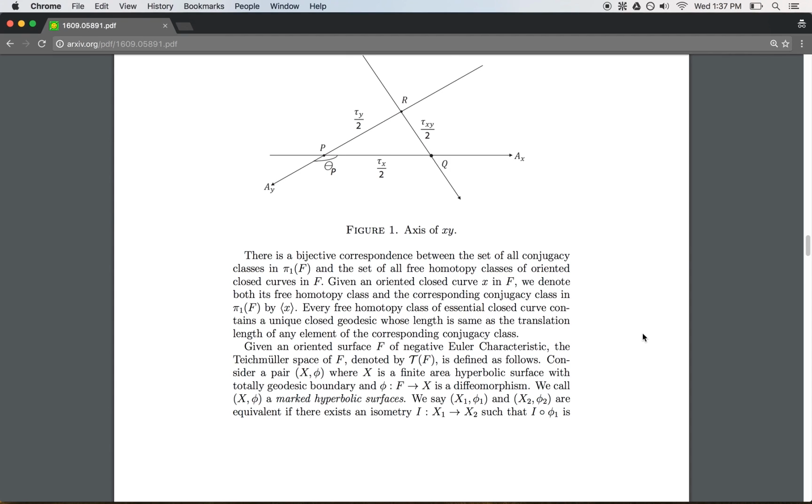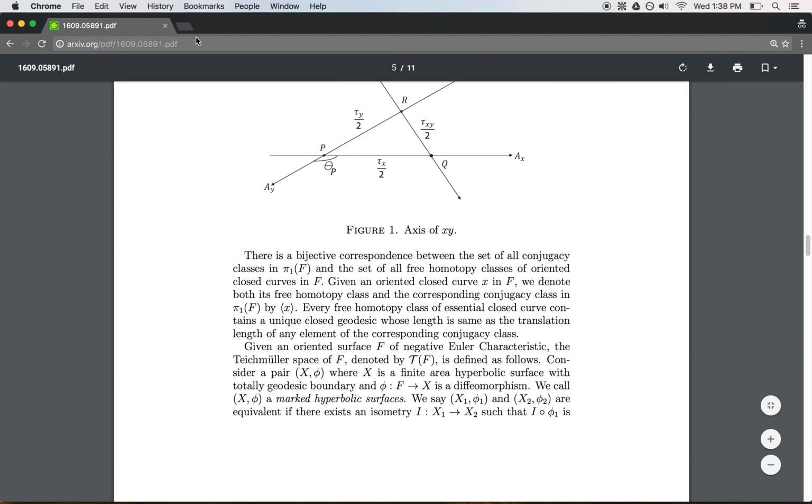Given an oriented surface F of negative Euler characteristic, the Teichmuller space of F, denoted by T(F), is defined as follows. Consider a pair (X, psi), phi,